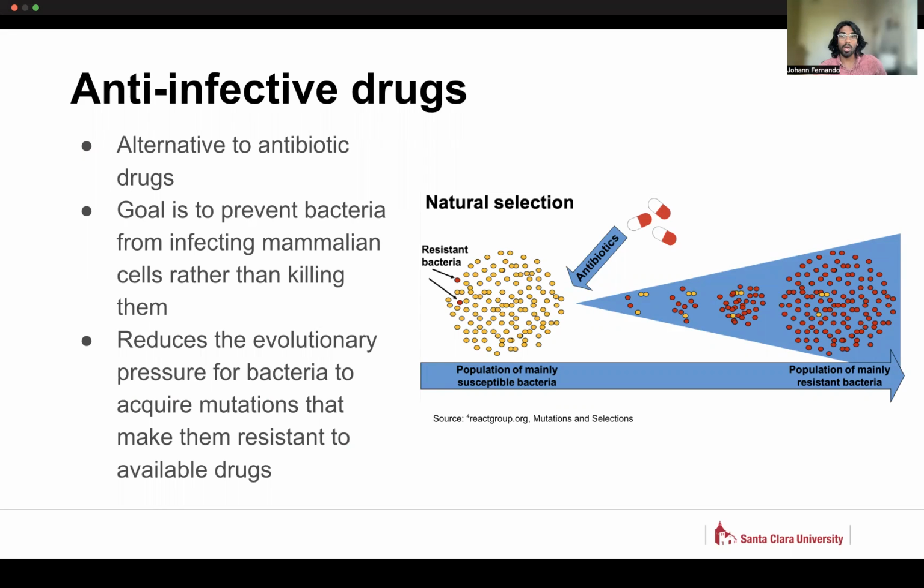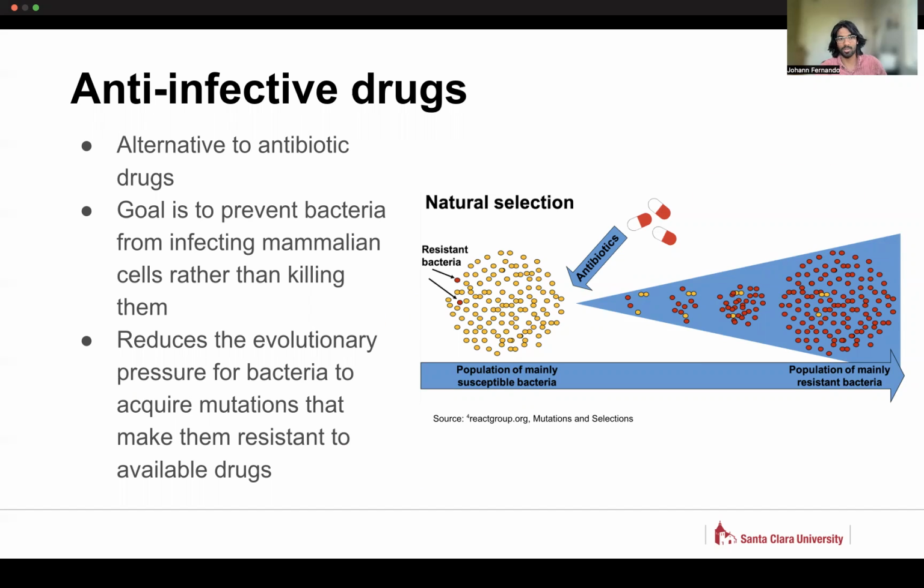Anti-infective drugs dodge this problem because they don't kill bacteria, but instead simply make them unable to infect humans. These bacteria still reproduce and therefore maintain the population without creating resistant bacteria, but still render them harmless to humans. So anti-infective drugs will extend the effectiveness of our drugs and allow hospitals to become far more safe and effective